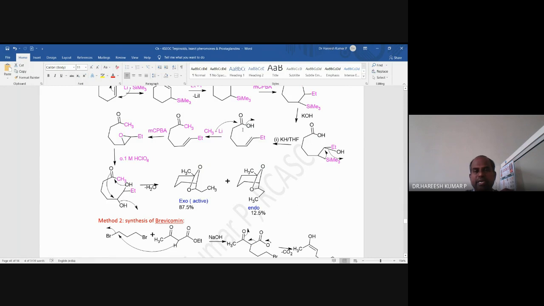This alkene, when it is treated with methyl lithium, gives a ketone, and this ketone means an isolated alpha beta unsaturated ketone. When it is treated with MCPBA, the double bond alkene is converted into epoxide. Epoxide on treatment with perchlorate, ring opening reaction takes place, forming a vicinal diol. This vicinal diol undergoes dehydration, forming exo compound, more particularly 87.5%